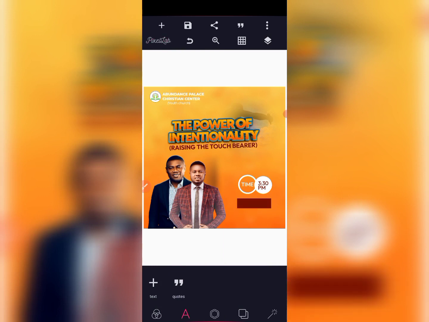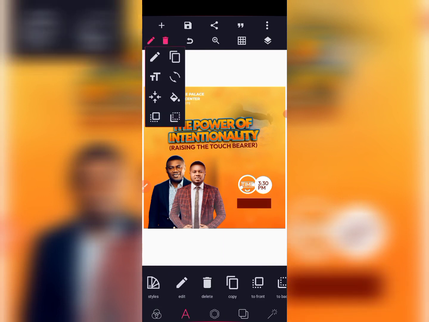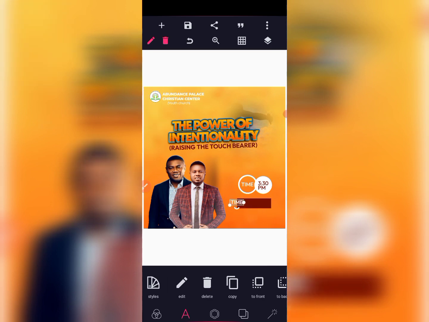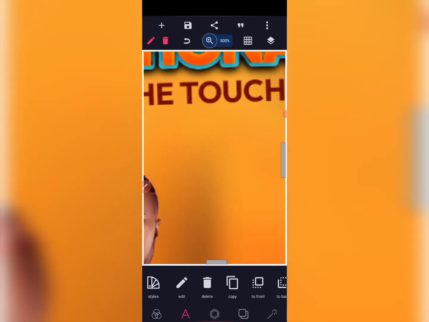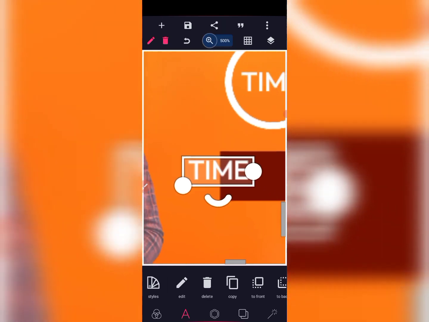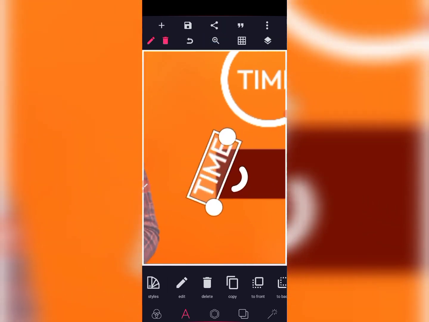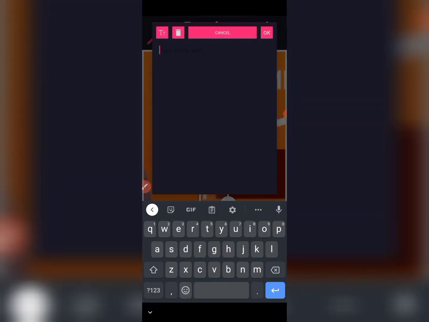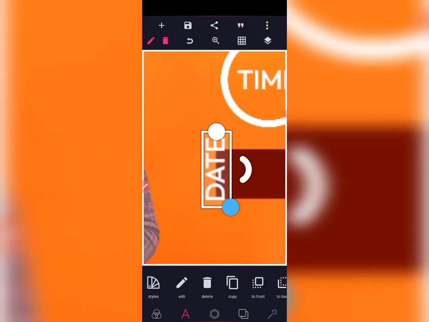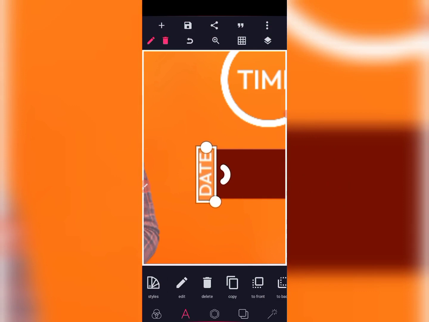So the next thing now we are going to do is to click on this time, duplicate it, then come here, then zoom your work, zoom it with your hand. So after you zoom it finish, click back here, then you rotate this stuff like this. After that, then you rotate. Good. So can you see? Then you can minimize